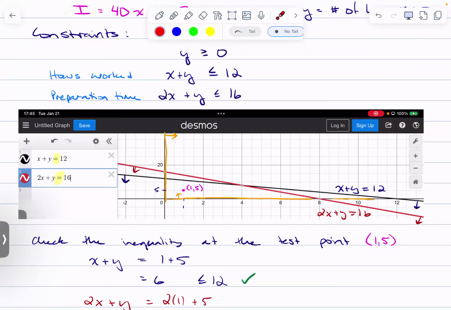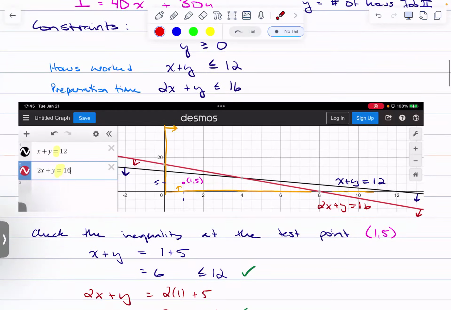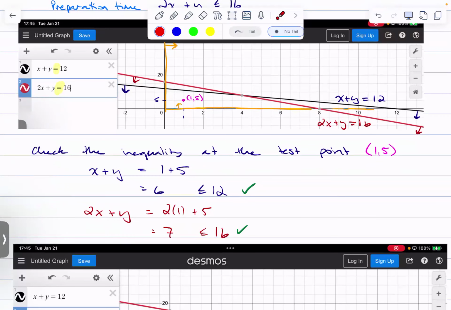So then if you pick a point, okay, if X is 1, Y is 5, just out of the blue point that I picked. And then I test it. So that's why we call it a test point. I say, okay, x plus y. Well, x plus y would be 1 plus 5 in this case. 1 plus 5 is 6, which is less than or equal to 12. And so that's part of the area that I want, which means from this line